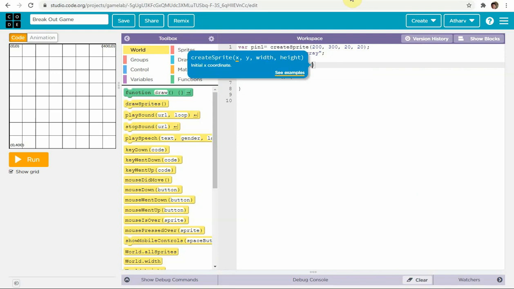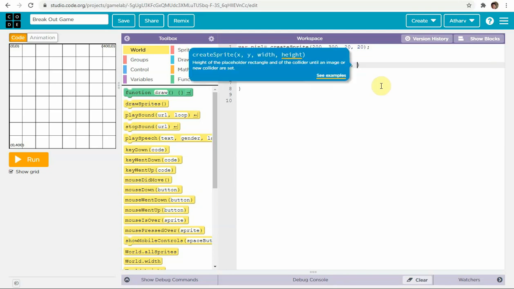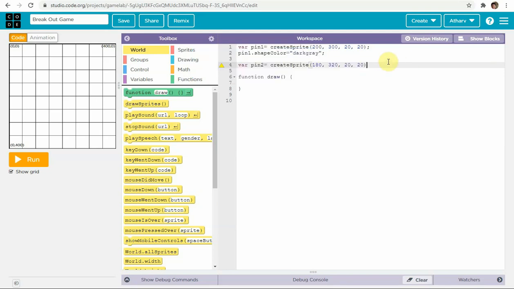Now we'll decrease 20 from the x and the y axis so as to create pin2, which is 180, and we'll decrease 20 at the x-axis and we'll increase 20 in the y-axis. 320, 20 and 20. Now we'll give the shape color to pin2. pin2.shapeColor equal to again dark gray.